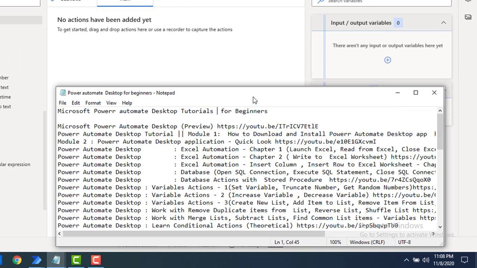On my screen, I have a text file with all my videos and their links. If you observe, between Microsoft and the Power, I have a space. After that, from one line to another line, I have a space. And a new line is also created after the end of the Beginners.